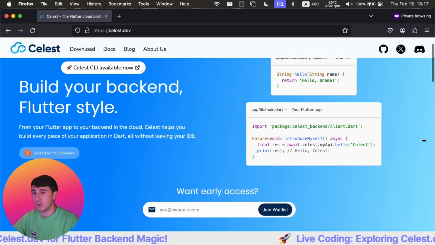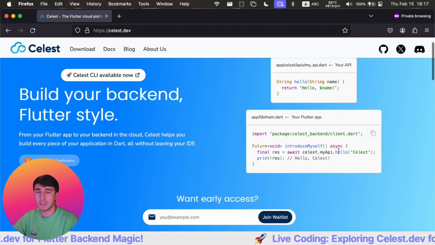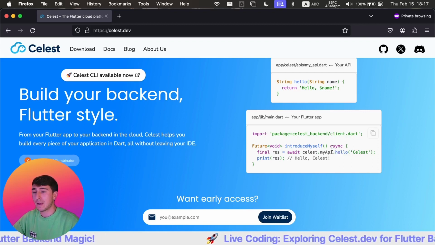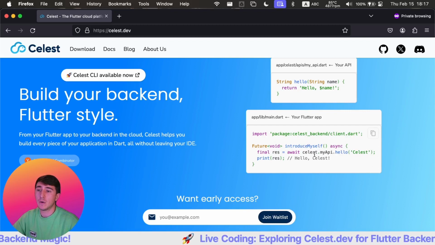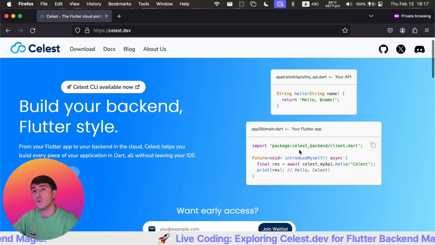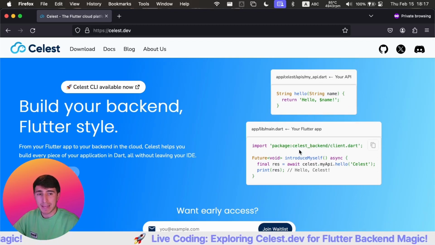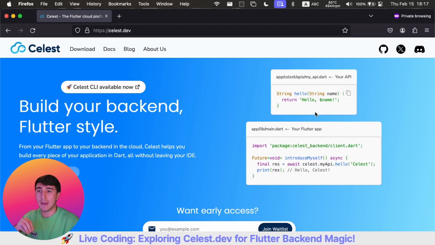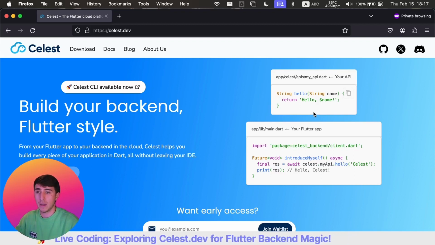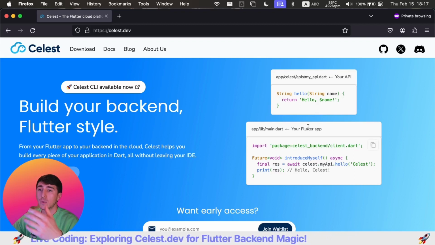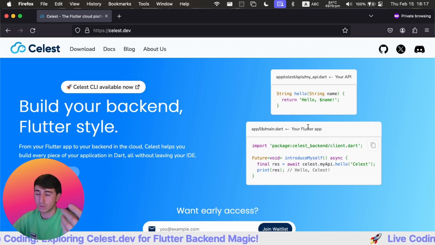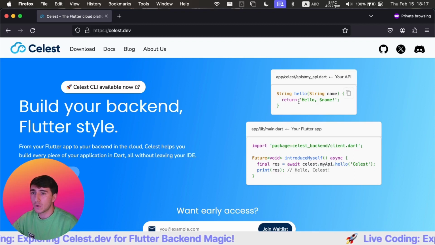you can develop your backend with the same language in which you develop your app, and this of course comes as a convenience because, for instance, you know exactly what type to expect when developing in Flutter. So your front end knows what type your Cloud Functions will return, which is a very nice thing. You can reuse classes, models, and so on, and so functions, of course, utilities, and this